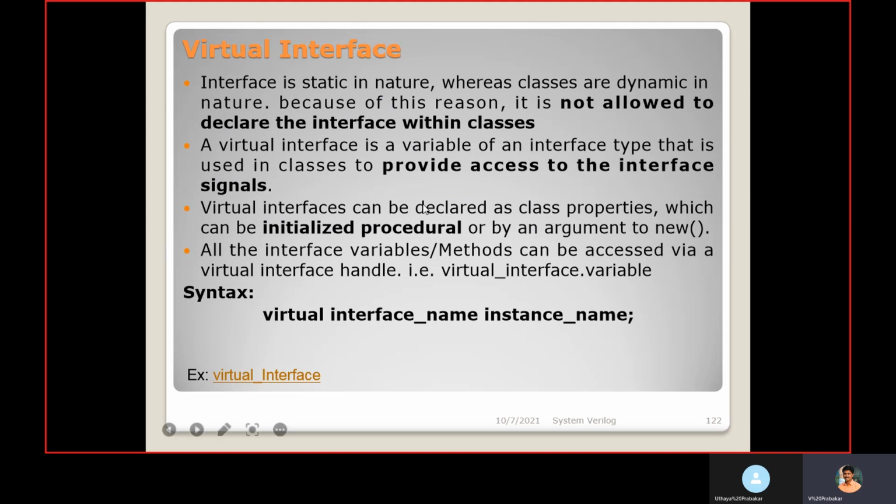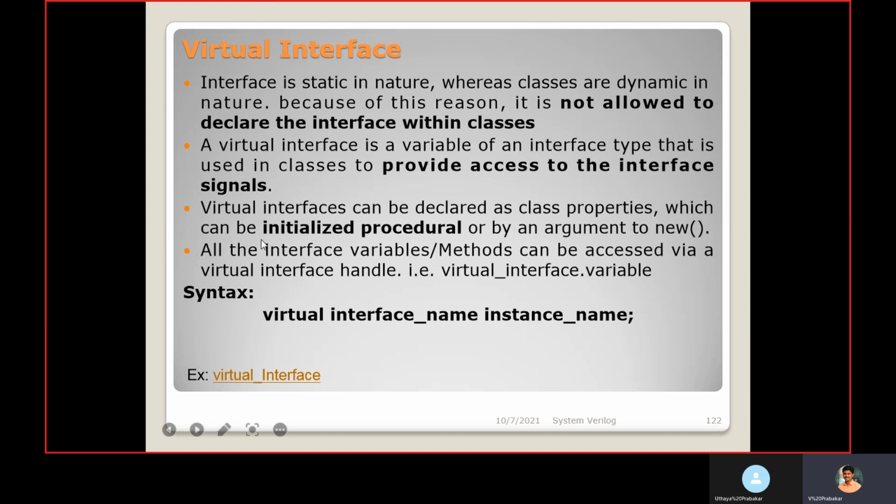You should use a common interface. You should not use different interfaces. In the interface, we are instantiating in the top module. The same interface we should use everywhere. To get the handle of the actual physical interface inside the virtual interface, we can access that in 2